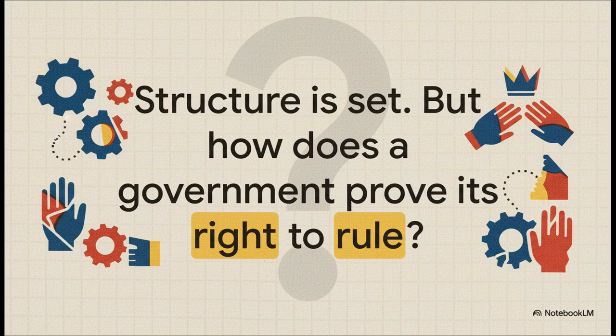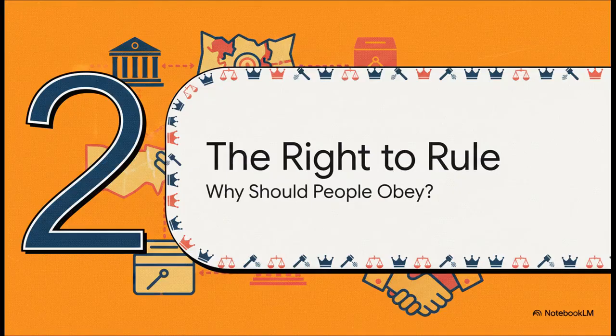And that brings us to our second huge concept, this one from Unit 1.8, political legitimacy. This really is the million-dollar question, isn't it? Legitimacy is like this invisible force that transforms raw power into accepted authority. It's the reason most of us pay our taxes or stop at a red light, even when we're pretty sure nobody's watching. It's that belief in the system.